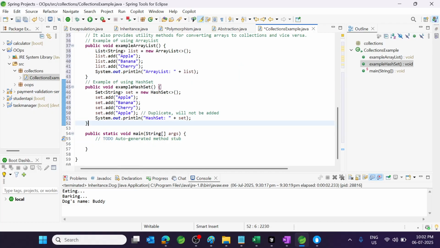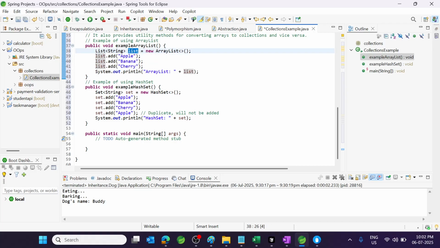You see, the reference is List interface reference. I am creating an object of ArrayList and storing values in it by using the add method. Anything that comes with parenthesis is called a method. list.add is the method. So we are adding some values in the ArrayList called list. This is the name of the ArrayList.